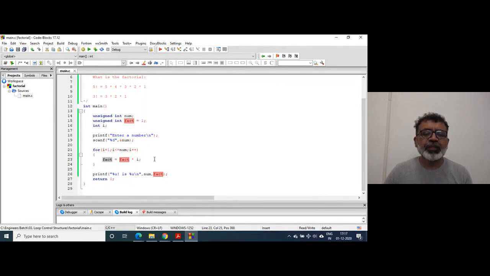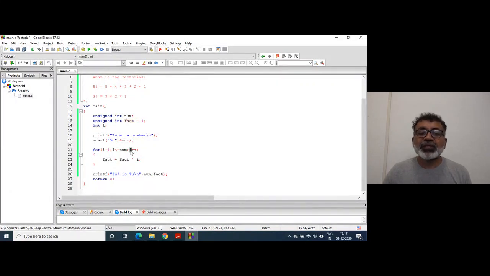It remains 1. The value of I becomes 2. Since 2 is less than num, suppose you enter 5, the earlier value of fact which is 1 and the new value of I that is 2 will be multiplied again and now fact will contain 2, right?